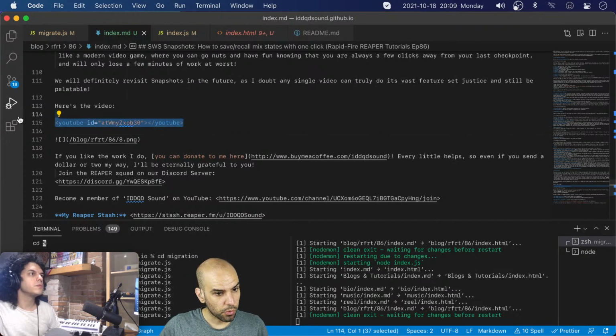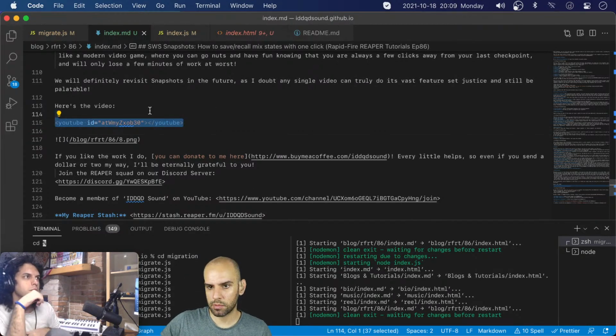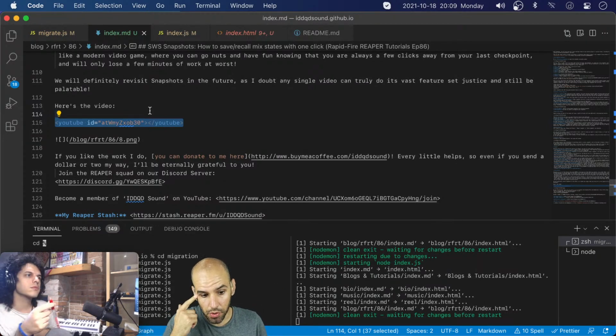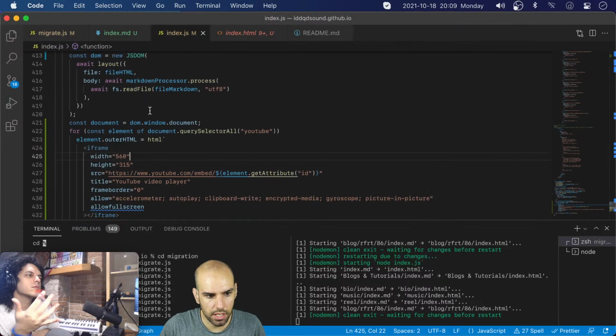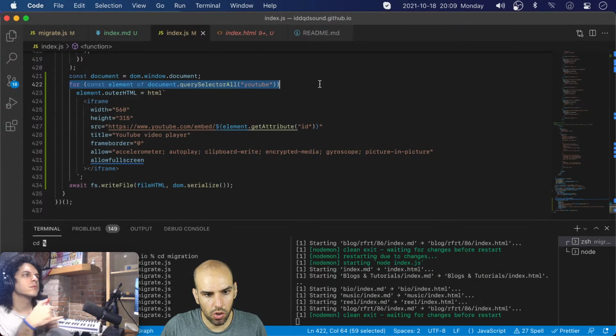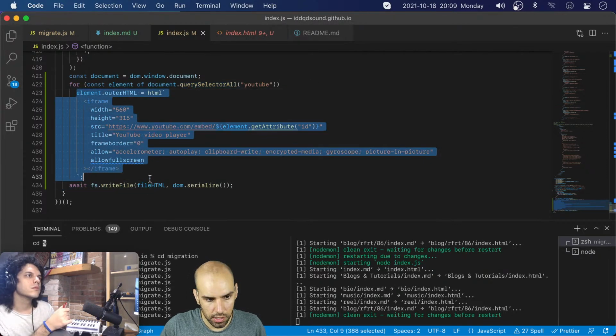And there you go. I wanted to show how to create a custom tag like this. I wanted to show, because there are many static website generators that have this custom tag support. And I wanted to show how easy it is to do it with our static website generator. All we got to do is just query selector all, and then you can do whatever you want with the tag,